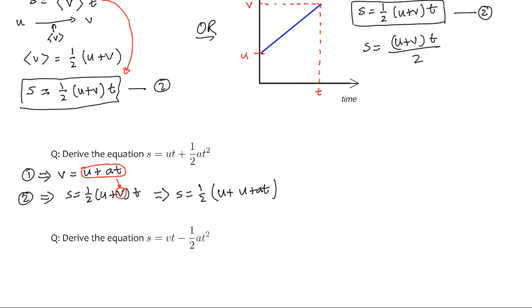That is half times (2u plus at), and if you expand this out, you get half times 2u plus half times at. Of course half and the 2 cancel out, so you are left in the end with the equation S is equal to u plus